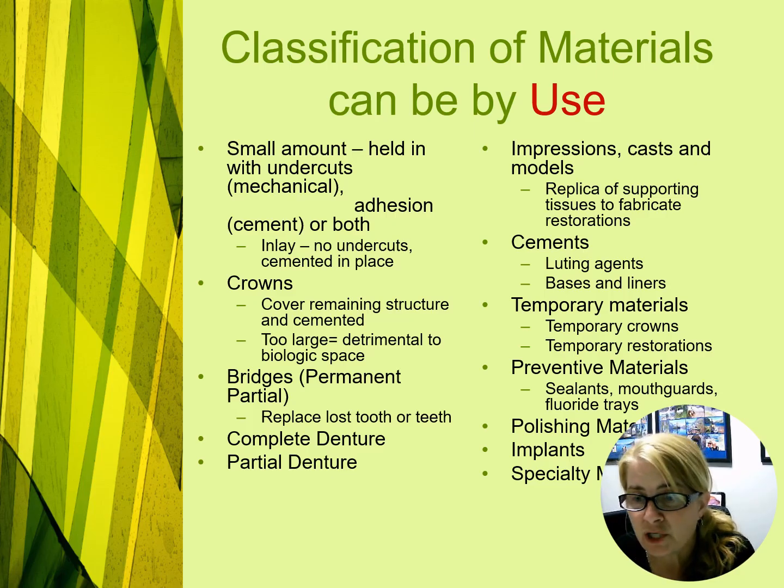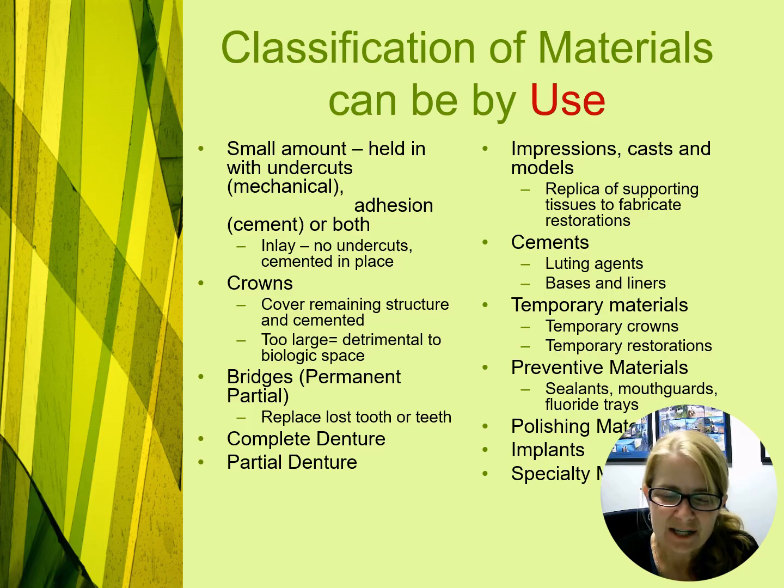We've got preventative materials that we're talking about and we're learning about and we're doing in labs. So sealants, mouth guards, fluoride trays. We've got different polishing materials we're going to talk about, even discs and kind of sandpaper strips for polishing around composites. And then we're going to talk more about implants, how to clean around them, and what they're made of, what the different components are, because that's stuff you're going to have to talk to patients about. And then we've got specialty items and specialty materials, and that has to do with orthodontics and gutta percha for root canals,